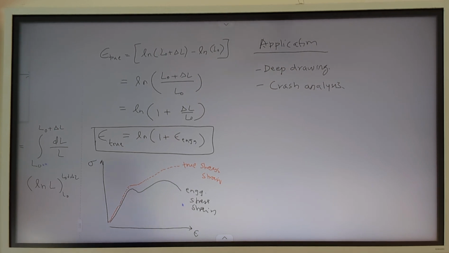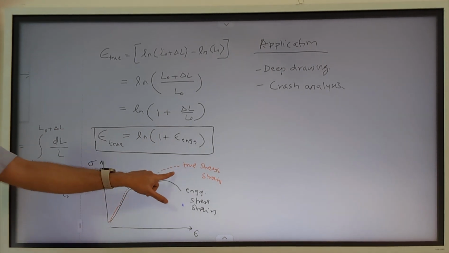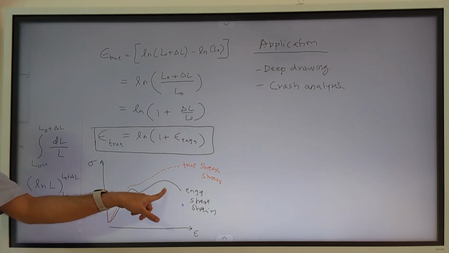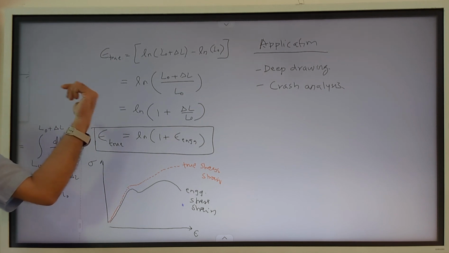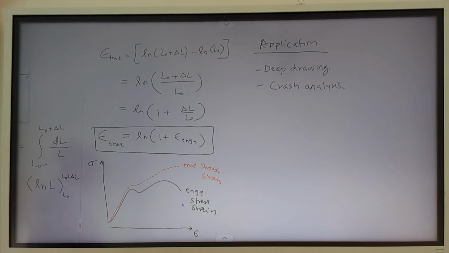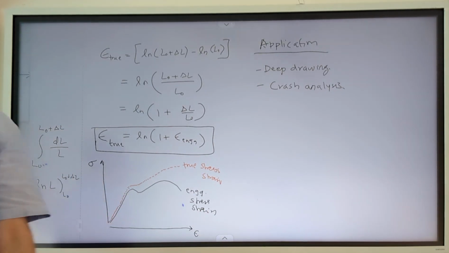If you are doing analysis in the elastic zone, you require only modulus of elasticity and nu. You don't have to supply the stress strain curve. But if you are doing any nonlinear analysis, you will have to supply the stress strain curve, which has to be supplied not as engineering stress, but as true stress and true strain curve. So you have to supply this red curve rather than this one. And how to convert the test data to this, we have seen through this equation. So using that, you can convert the engineering to the true stress strain data.